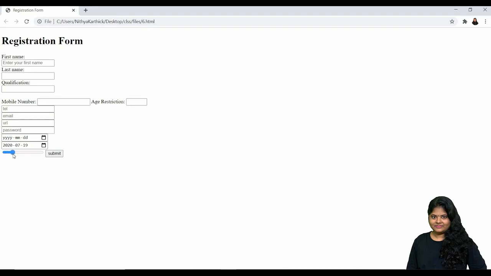So here, we can use it to select a price range. In e-commerce, in Amazon, Flipkart and all, you might have seen this option. You can select the price range from this to that. Okay, for that purpose we can use this range.